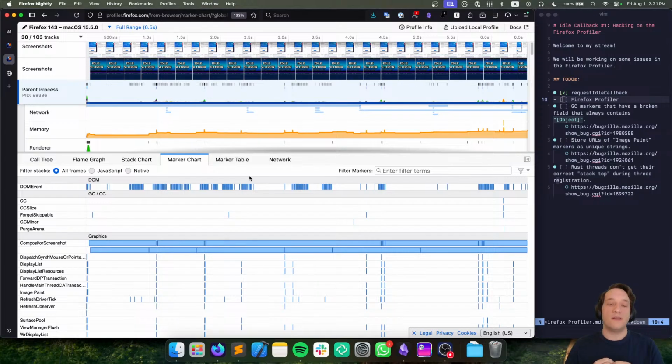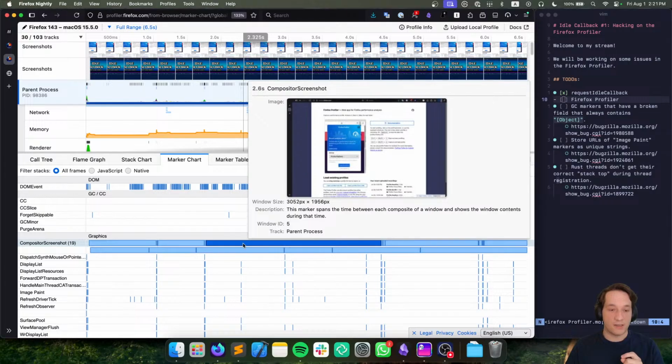They are a lot more precise because, for example, this screenshot marker has a start time and an end time. So it's not statistical like the sampling profiling. It is actually like tracing, because we have a start and an end, and we know exactly